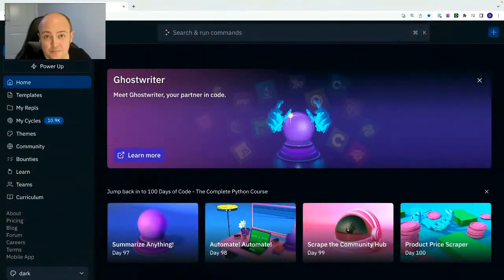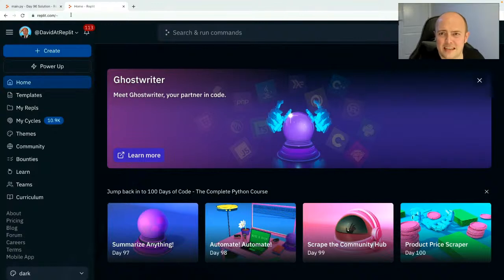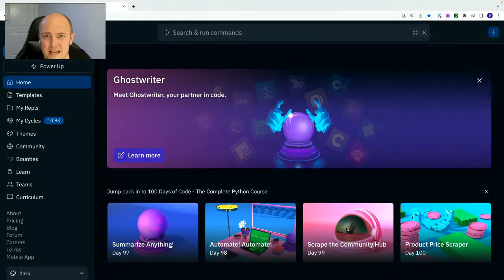Now, first things first, as ever, let's have a look at what's new in Replit since last time I saw you. And where can I put myself? I always go in the wrong corner. Every time I do this, I end up in the corner where nothing seems to work very well. In fact, I'm going to put myself down here because I want to show you a really cool thing that